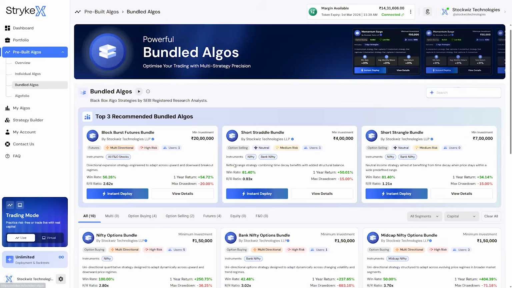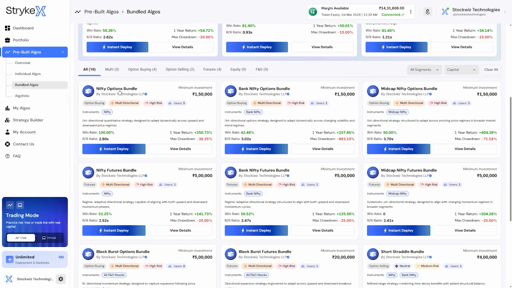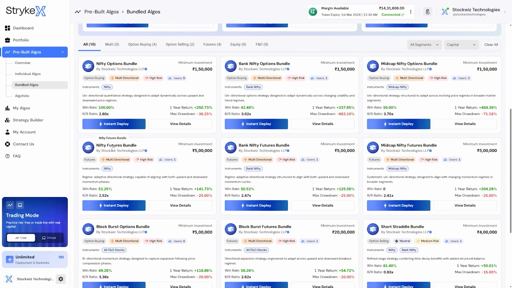In the bundled algos, we have got bundles for Nifty, Bank Nifty, and Midcap Nifty options. We've also got bundles for Nifty futures, Bank Nifty futures, and Midcap Nifty futures. Now, the futures bundle essentially means you will go long on the index futures. You will also go short on the index futures, depending on the trade direction and based on the signal that